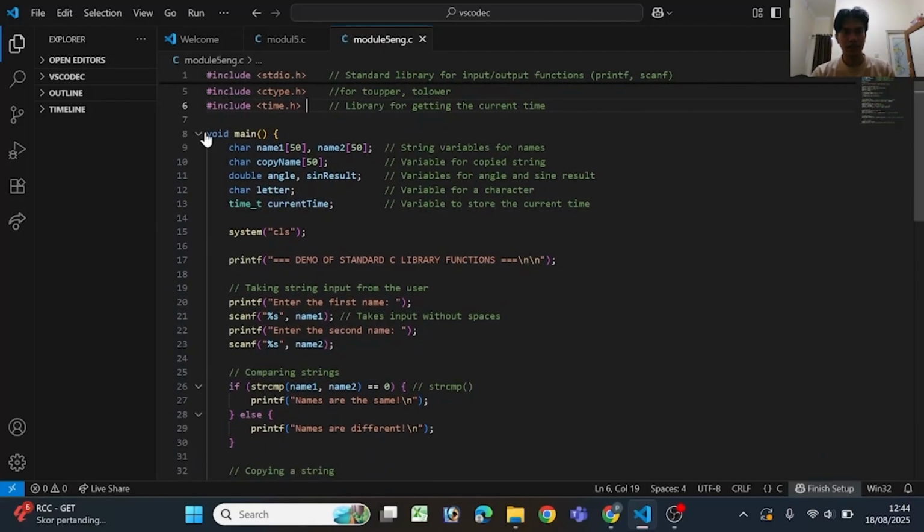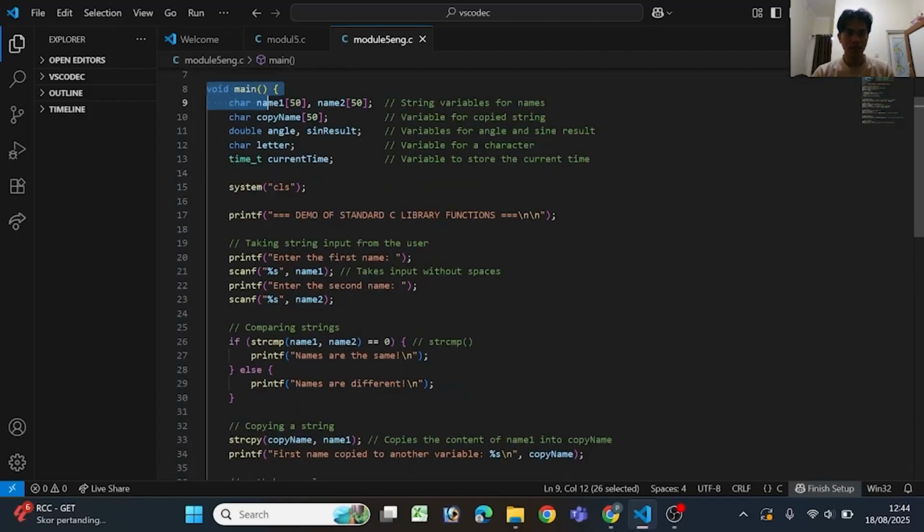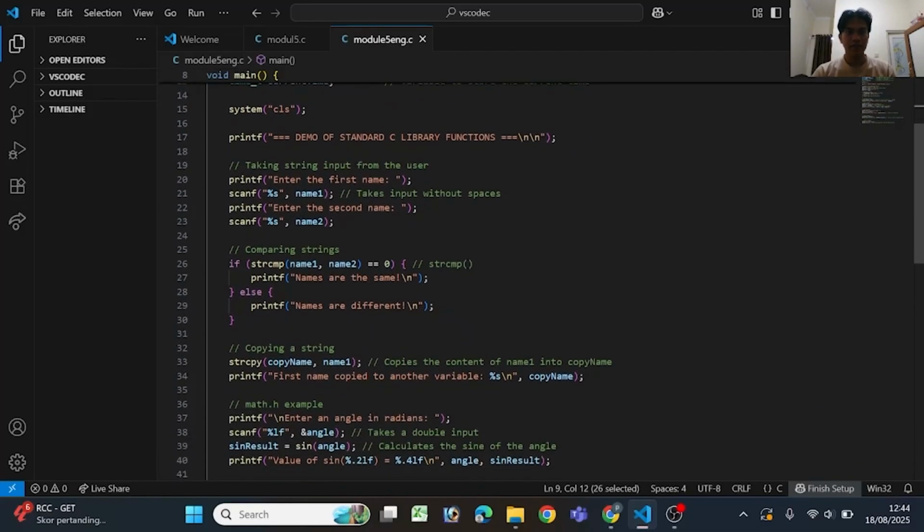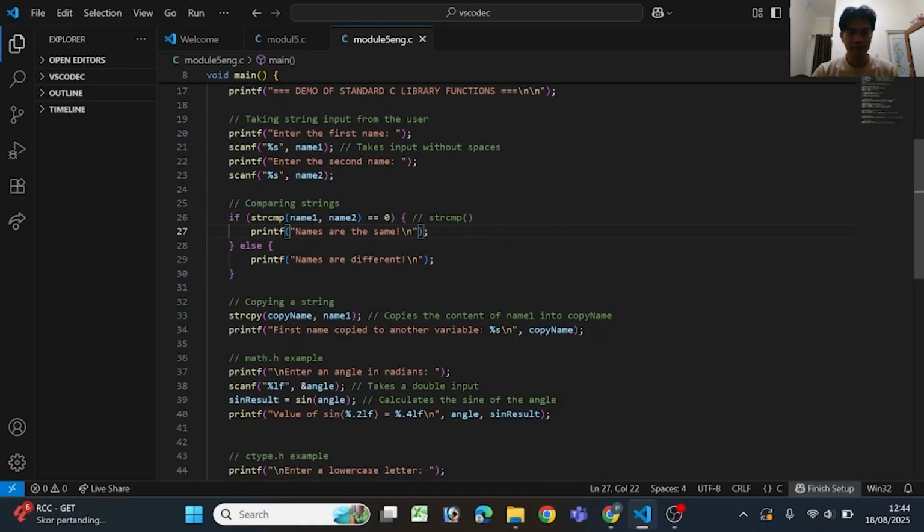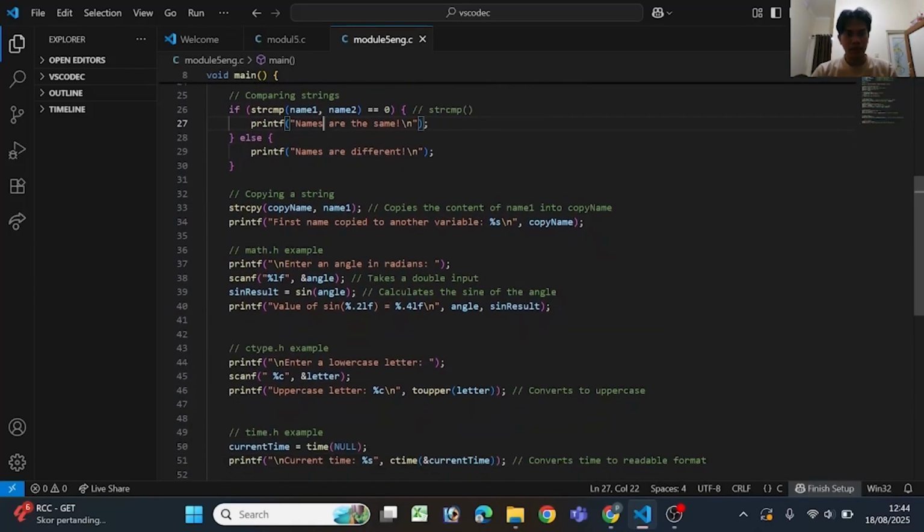And this is a variable for the program, and this is for comparing strings, strcmp for comparing strings.